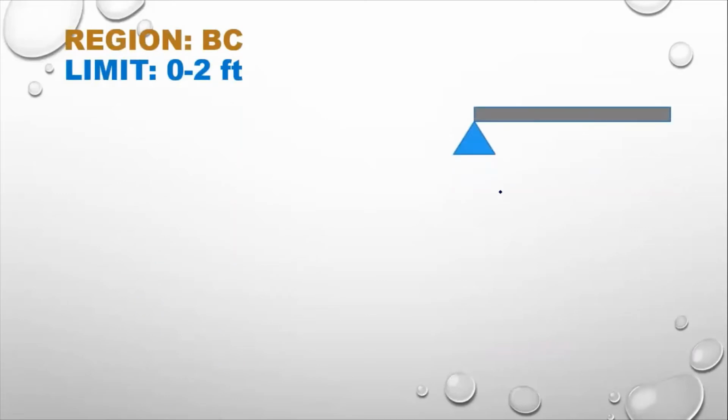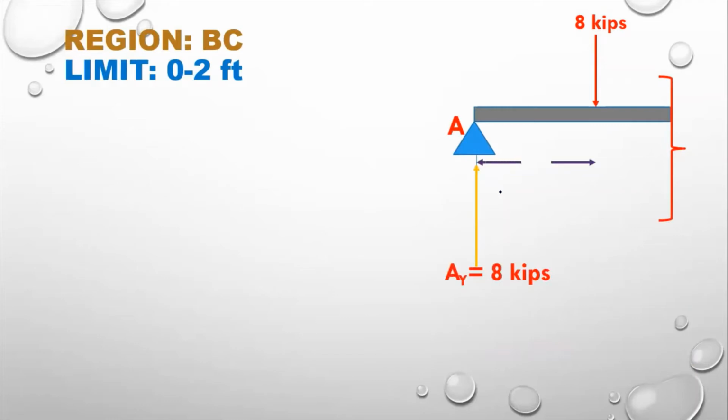So I will draw the beam from point A. So this is the diagram, and obviously it will include the 8 kips point load that was acting on the beam. So this is point A, this is the section cut, AY equals to 8 kips, this is 3 feet, so this is X. So we have to take X from point B. Then we have shear force and bending moment.